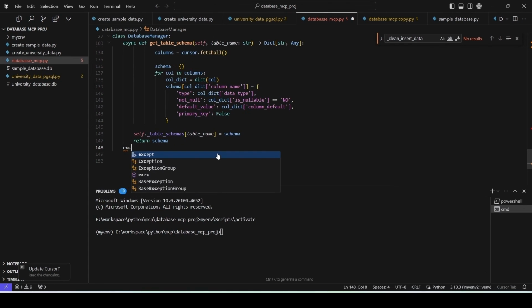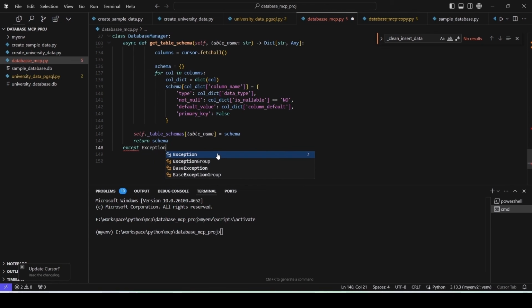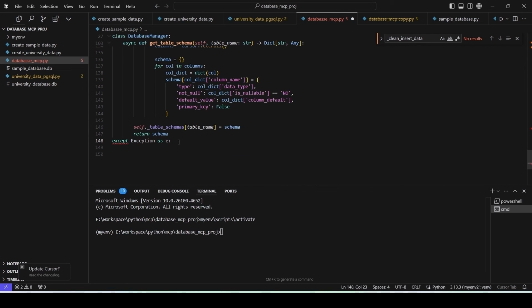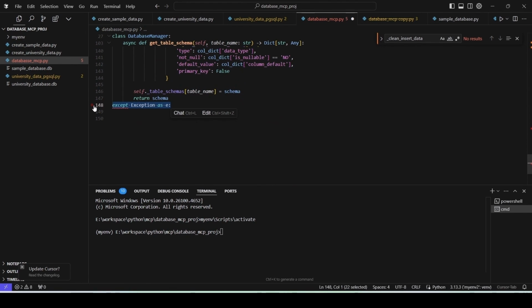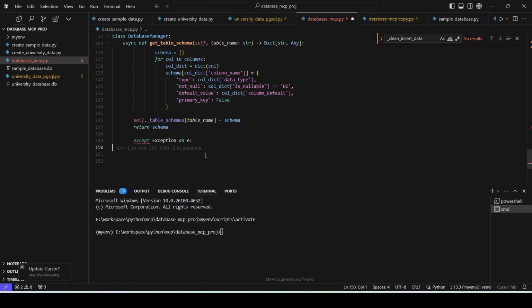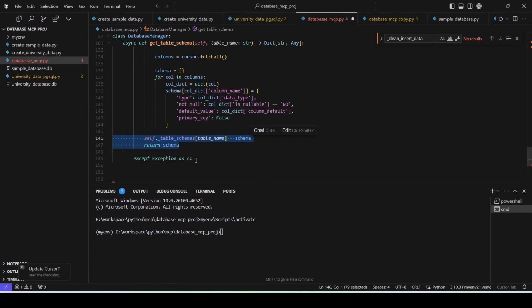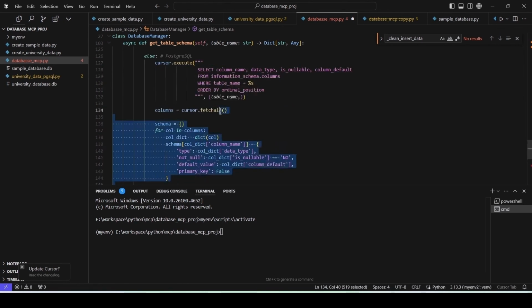Now we will type accept exception as, so to find the try block. We have to put it here and now it is correct. And now if there is error in this try block,